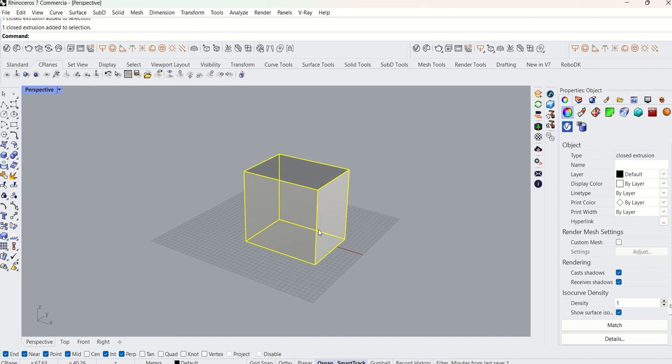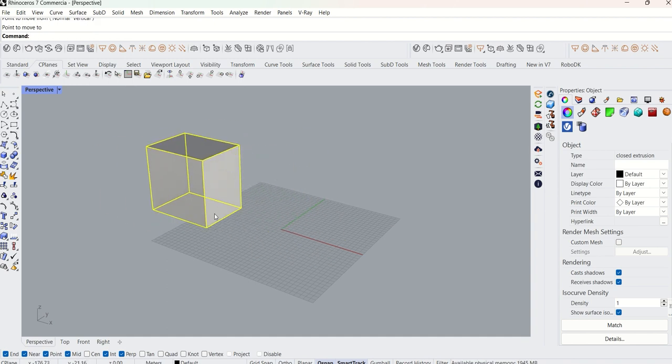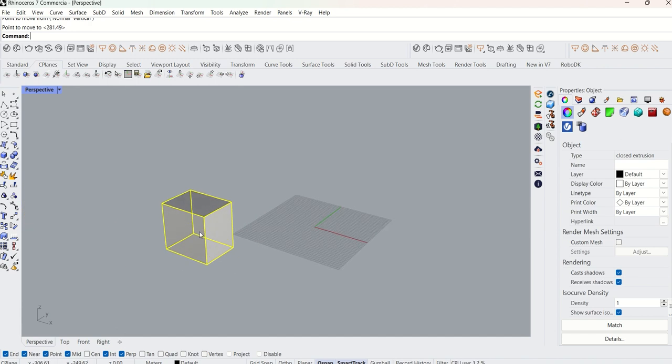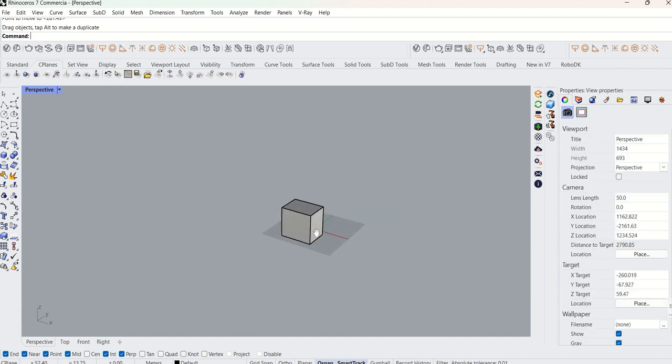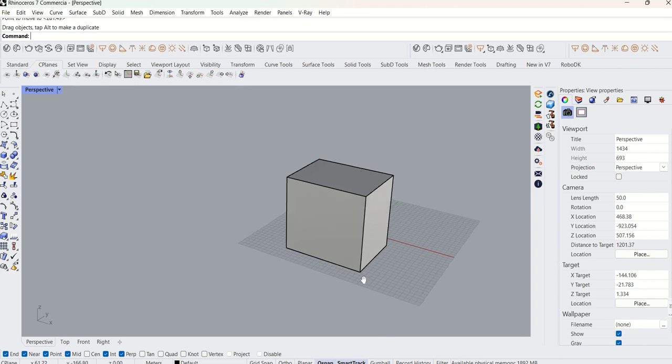For example, we use the Move command, and you just click the base point and move to another point. You can set some value. This is similar to SketchUp and other 3D modeling software. But if you turn on the Gumball,